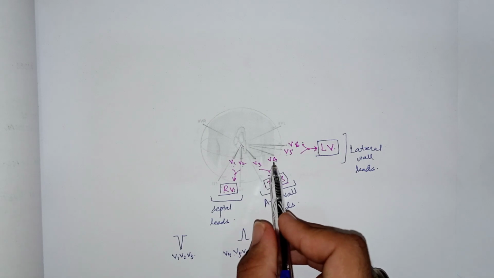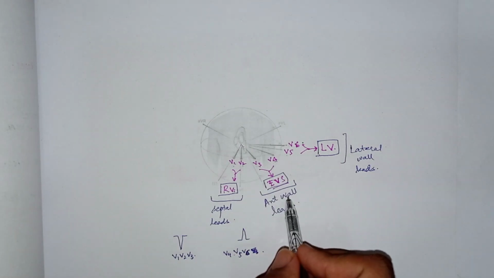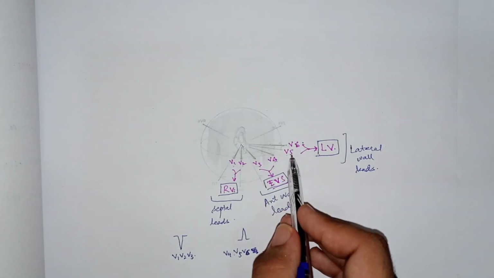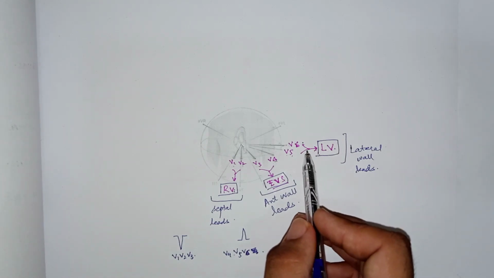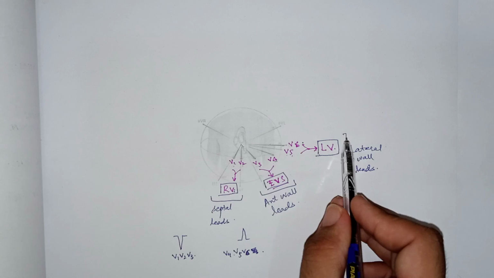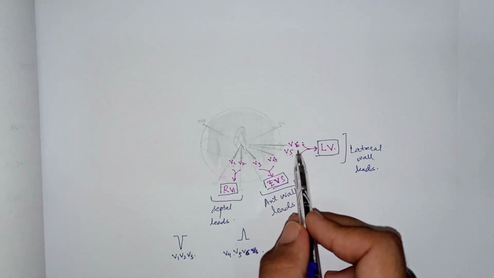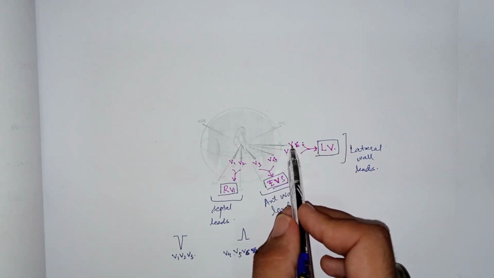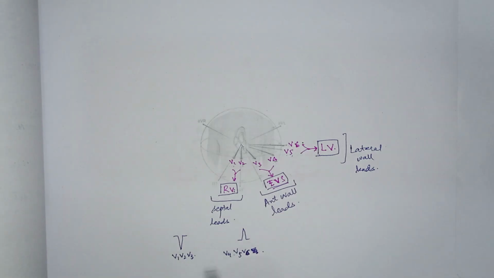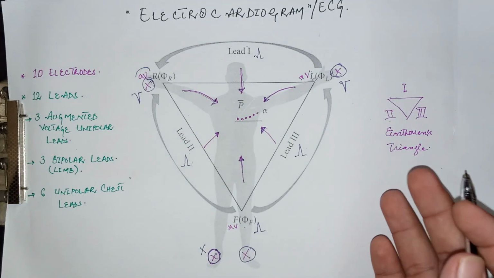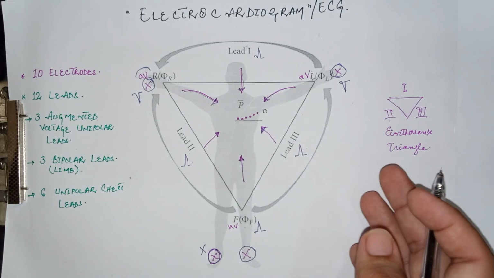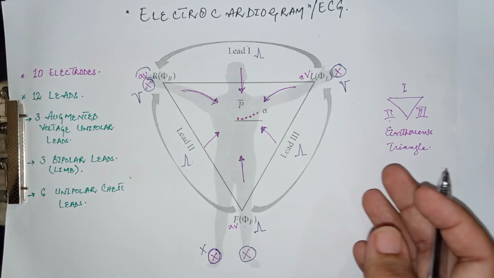So V3 and V4 are called anterior wall leads, and V5 and V6, placed anatomically on the left ventricle, check the electrical activity of the heart from the lateral wall. So these are called lateral leads along with lead 1 and AVL. So this was the location of the different leads. Now come to how the normal ECG pattern looks on the different 12 leads.